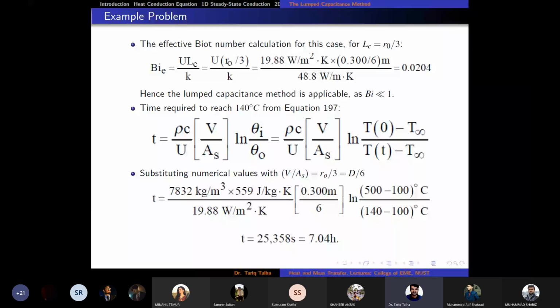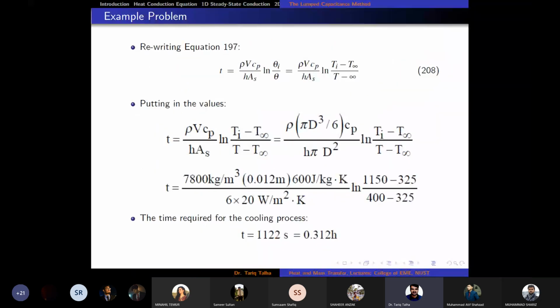Now, getting one value is one thing, but interpreting it physically, why there is so much difference, is another, because in the quenching process we were expecting a little bit more rapid cooling. So why is it 7 hours? Any reason for that? By looking at the problem statement,